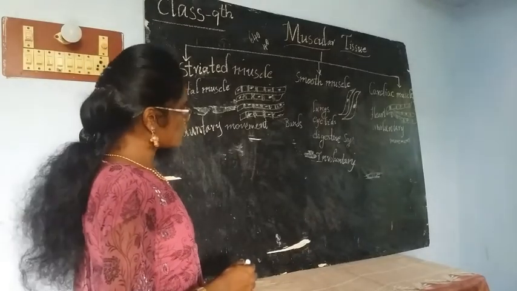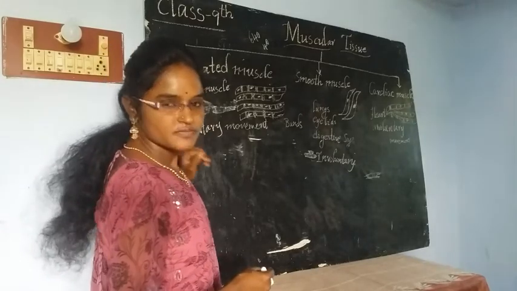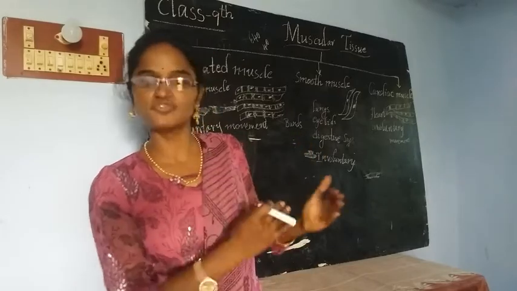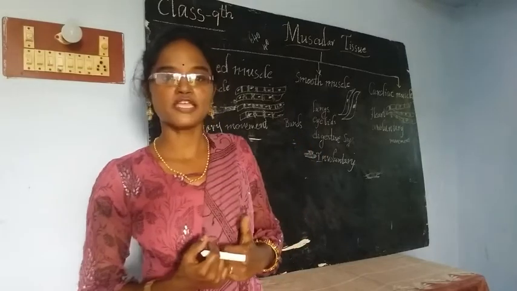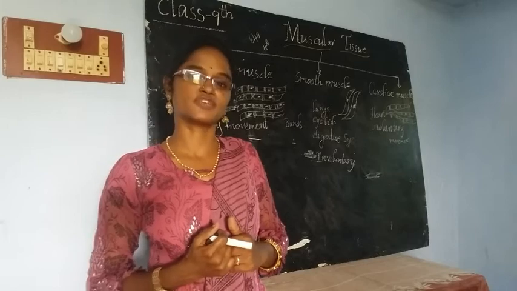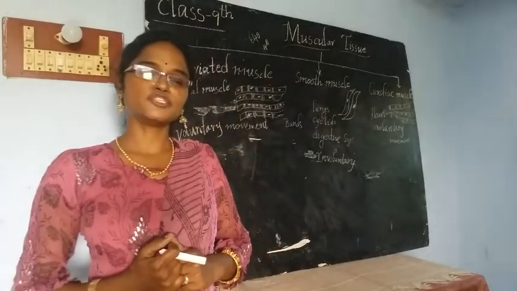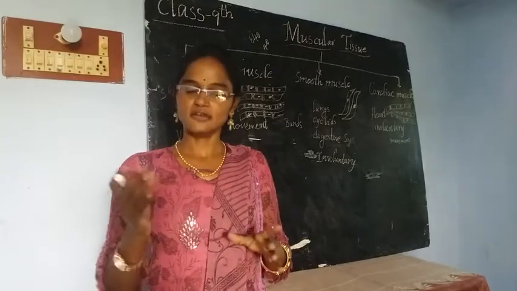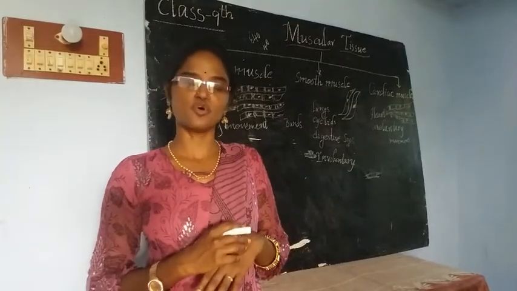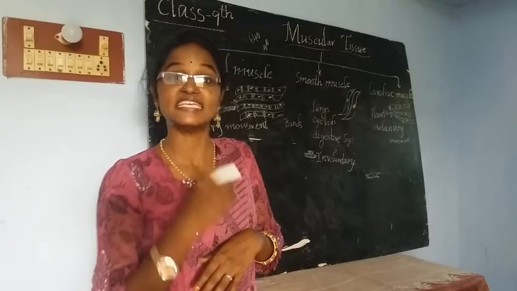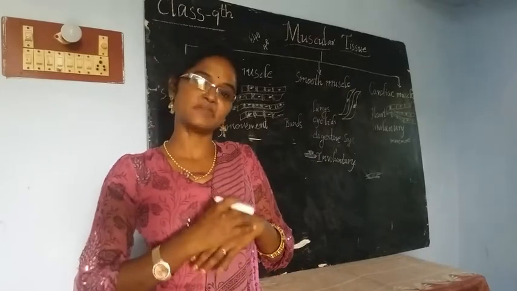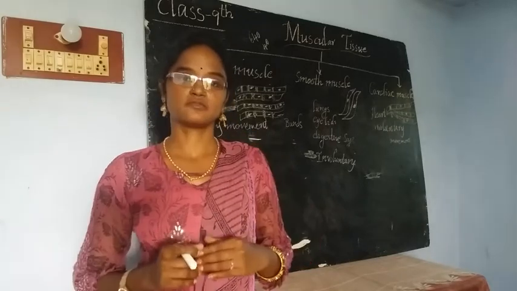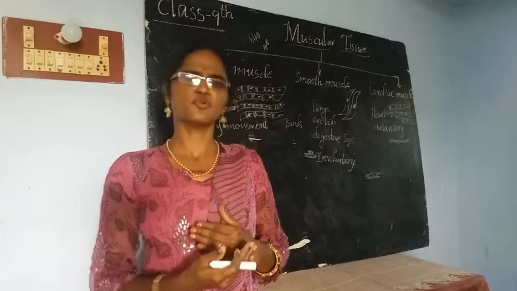For example, our heart does not depend on our wish. It just does its work. But different body parts require our wish. For example, if you get an itching in any part of your body, automatically your fingers go near that place where you are getting the itching. Then you start rubbing there. It ultimately depends on your wish.